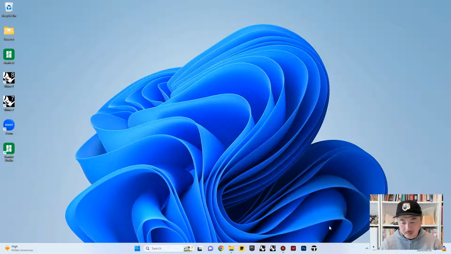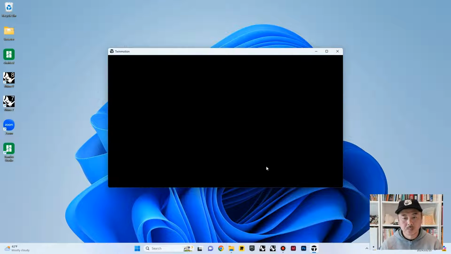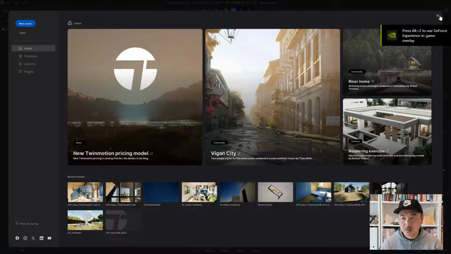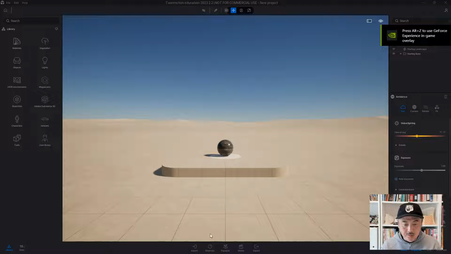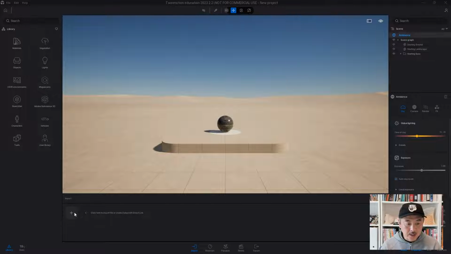Okay, let's get started. So today we are going to start with Twinmotion. The version of Twinmotion that I have is 2023.2.2. Okay, so the first thing that you will do is to go to Import tab at the bottom, and then